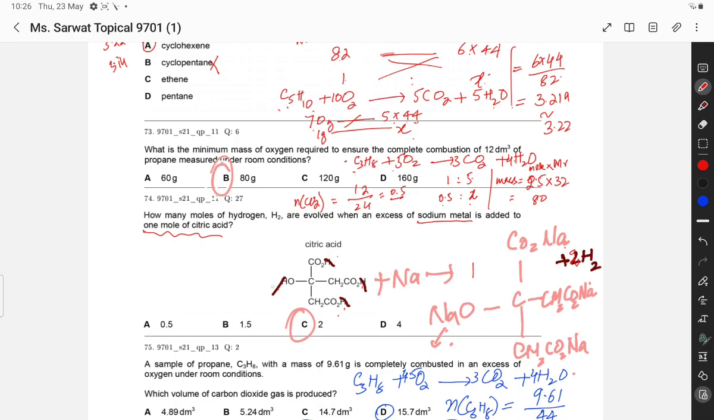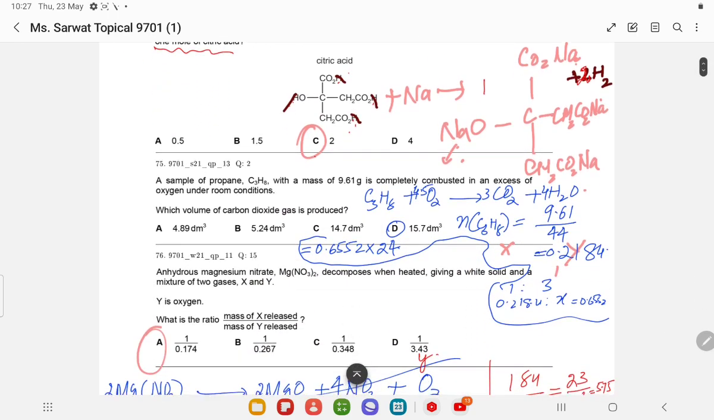Alcohol also reacts with sodium. So this is the product, and plus hydrogen gas. So by balancing this reaction we place 2 over here because 1, 2, 3 and 4 hydrogens are there. So that's why 2 moles of hydrogen gas is required,